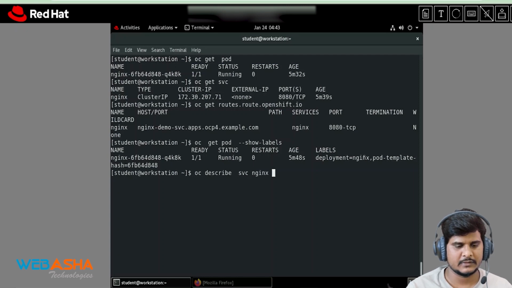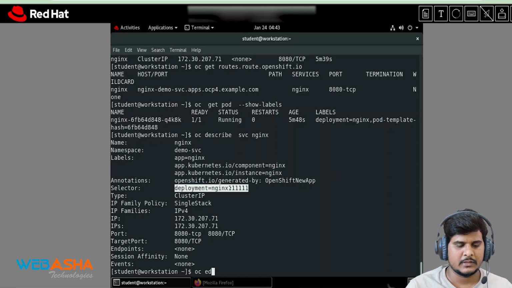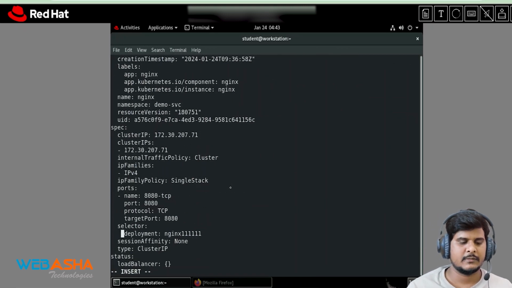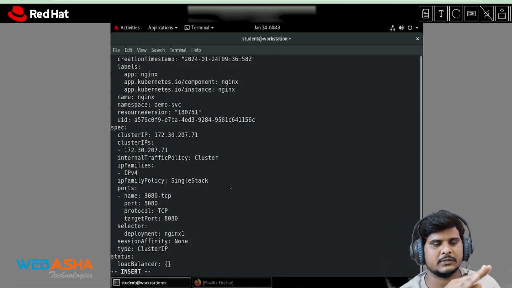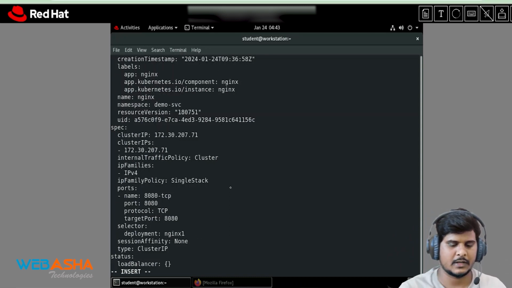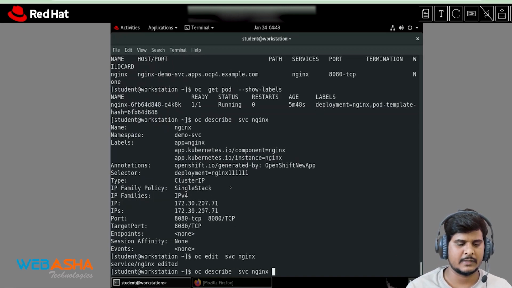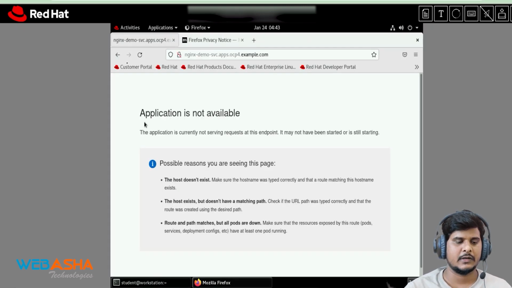oc describe service and then the service name, see, we have a different label. What you can do in the exam is edit your service and fix it. So it's up to you: either you can change the deployment label, and once you change it, the system will automatically change everything, or you can simply fix the service label, and once you fix that, describe those things. See, here we got an IP, done, the labels match,